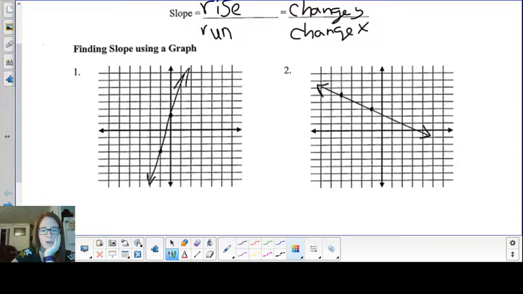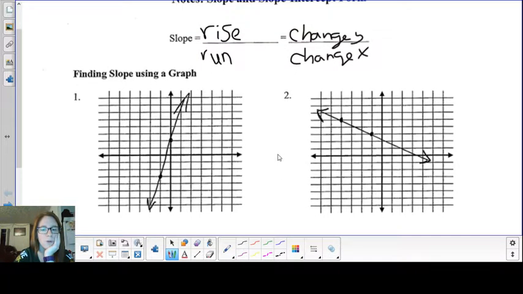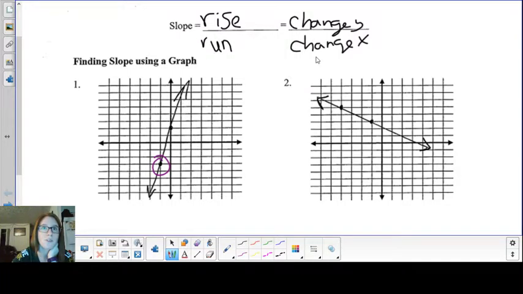Now, to find the slope of these basic graphs, we're going to go first from left to right, and there's a point for us to write that later on. So remember, we read our graphs from left to right, so I want to look for the leftmost point. Well, it's right here. I'm going to use one point and then look at how do I get to another point to be my slope. So first I'm going to rise or change my y. So I'm going to count how many points,